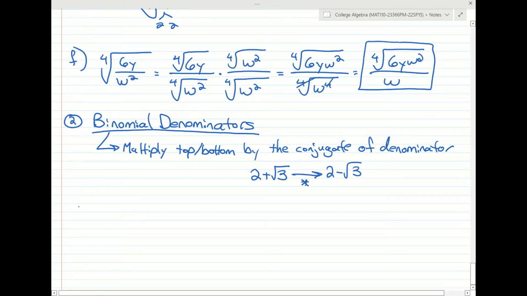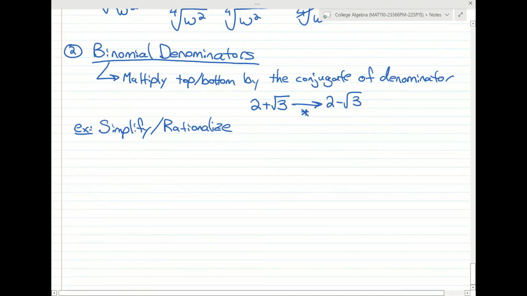Let's take an example, and the examples here are just going to ask us to simplify. Either simplify or rationalize. Either one of those verbs is saying the same thing. Please don't write this down. I just want to show you what happens if we try the same technique of the last type of problems. If you had a problem where it's 1 over 1 plus the square root of 3,